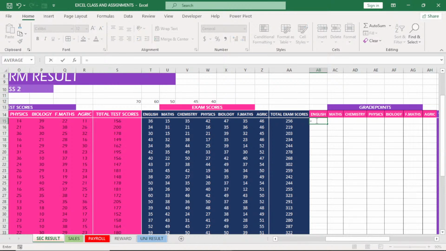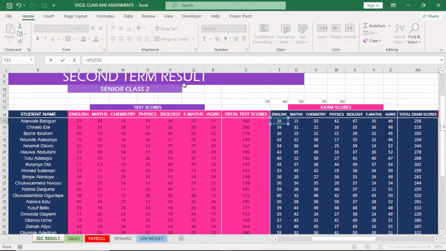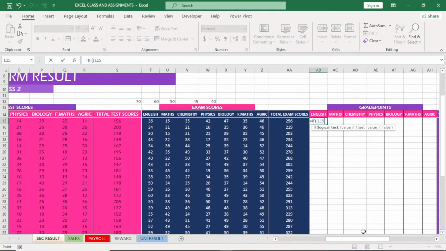All right, equals to if. Now if, let me put this in bracket, if this English plus this plus this one, close the bracket, is greater than or equals to this,